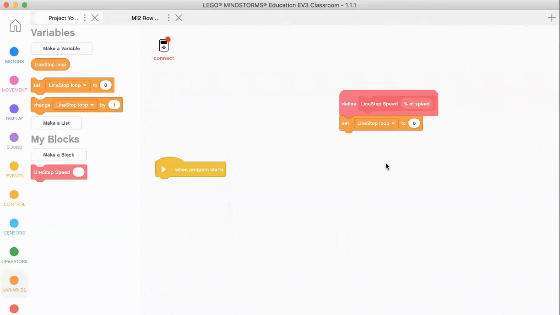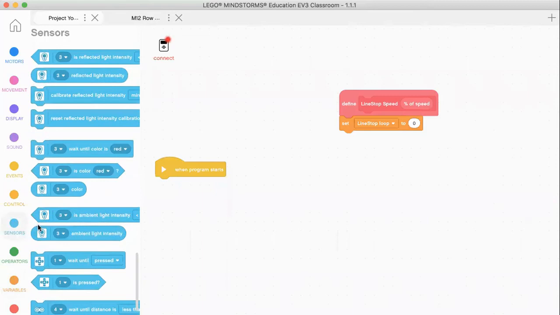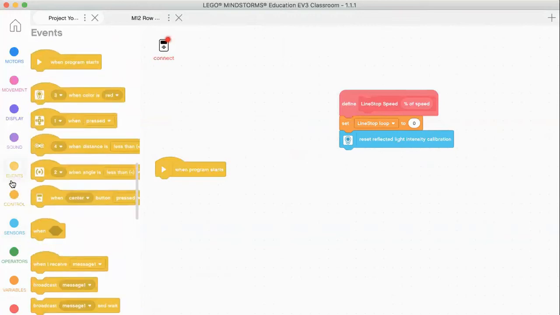Okay, and then after you're done with that, you have to reset reflected light intensity calibration. So go to sensors and you go to the sensor section with this big circle and a tiny circle on the bottom, and you can see that this says reset reflected light intensity calibration. That's the block you want. Drag it under the set LineStop loop, and after you're done with that, you want to go to events, actually